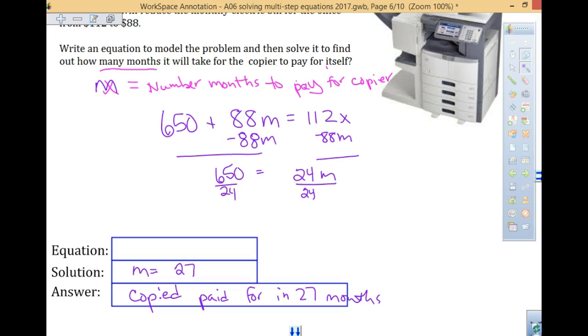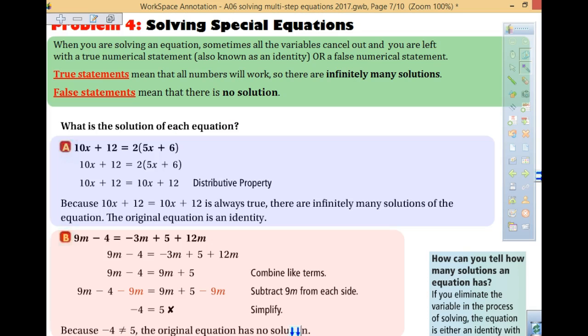Last year you solved some problems where you had no solution and infinitely many solutions. We're going to do the same thing as we get into these equations. So this kind of is review, okay? This is review of what you guys did last year. So at the top of the page, if you are reading,